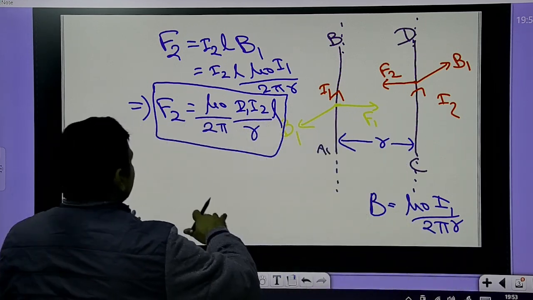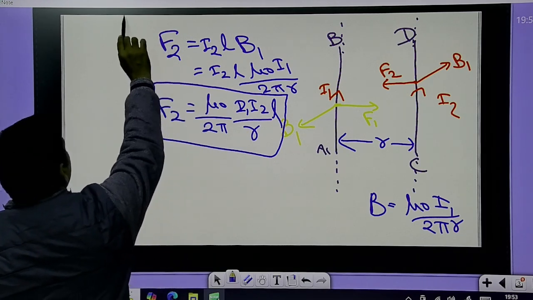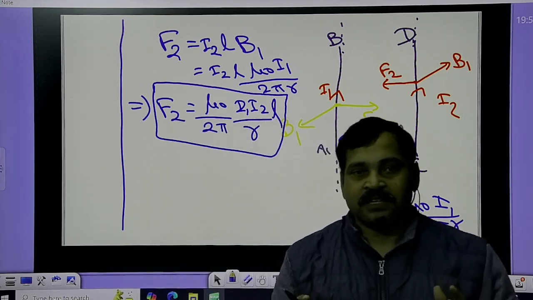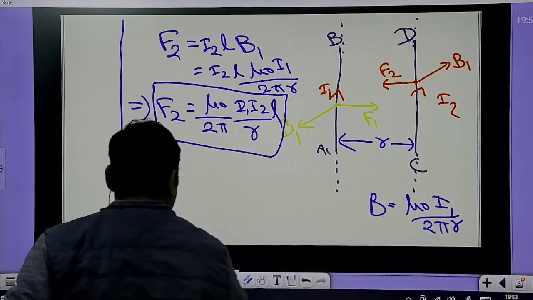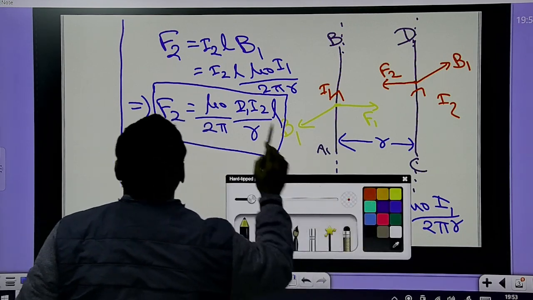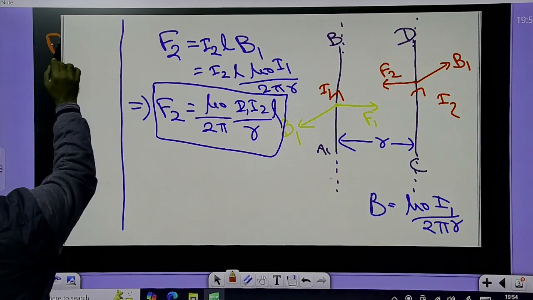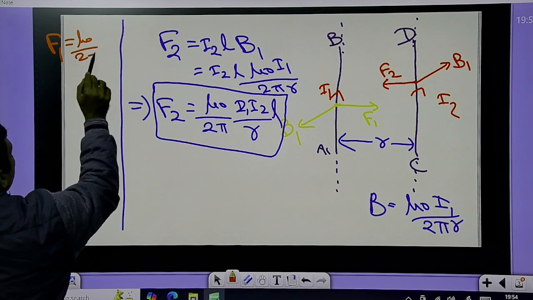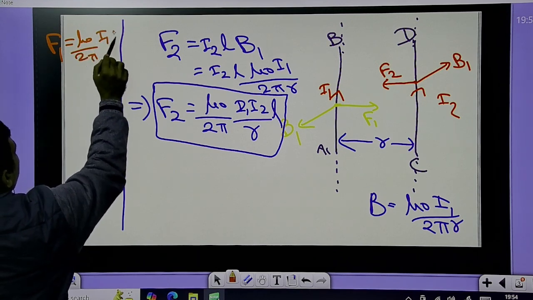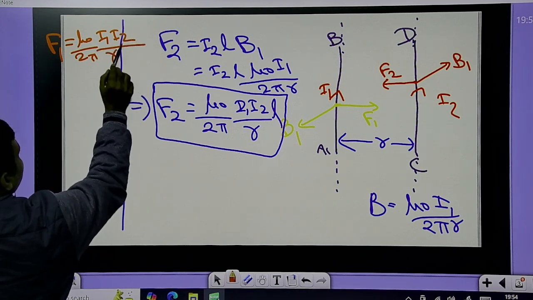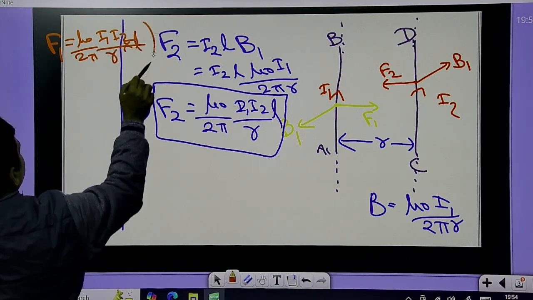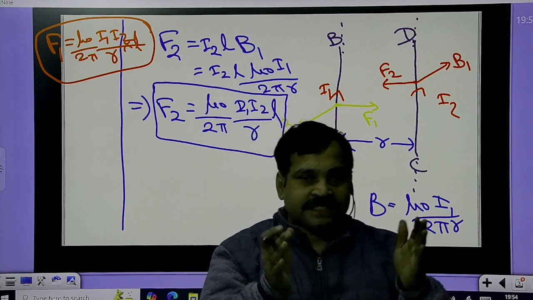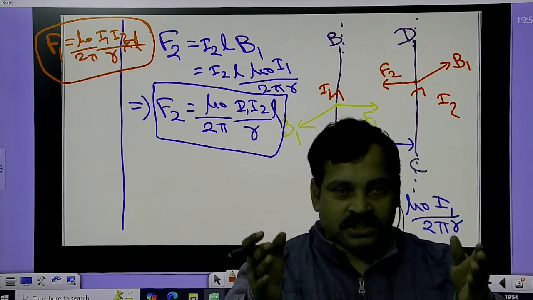So similarly, we can find out the value of F1 also, that is the force acting on the first conductor, that is your AB. So your F1 will be equal to, in a similar manner, mu naught upon 2 pi I1 I2 upon r, and this will be the length, right? So as you see from the diagram, the forces acting between the parallel conductors carrying current,